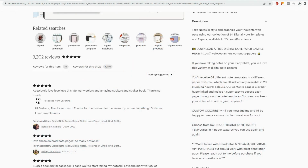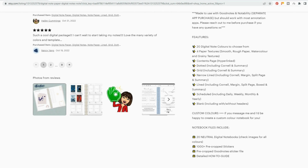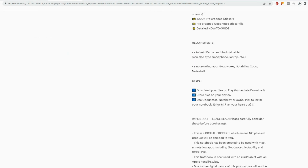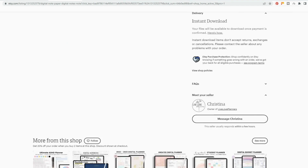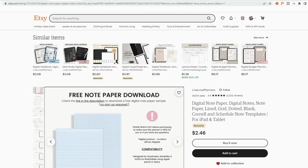It's a little more detailed, which is also very smart. She's got the features listed here. I love that she's added little emojis so that you can separate with your eyes very quickly what these are. Very well done, very well put together. And then she lists the steps down here as well. That is pretty much all I wanted to highlight on this particular listing, but I did want to check out